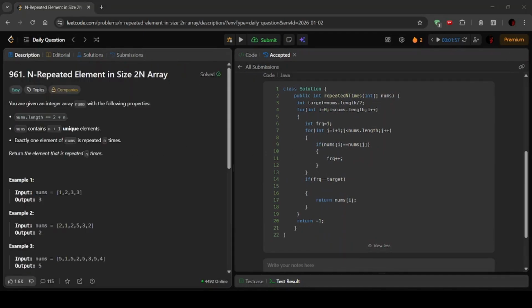Okay, now let's go for the third one. I think there's an algorithm to find the element that is repeating more than n by 2 times. So you can use the same one for this. Like it stands for like